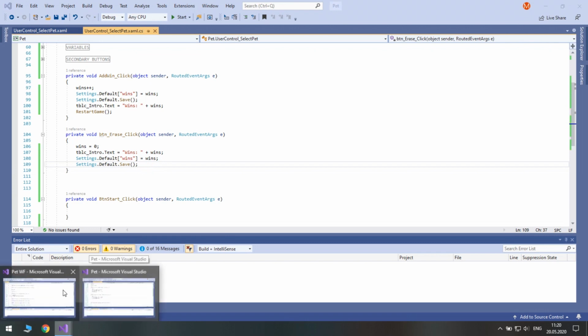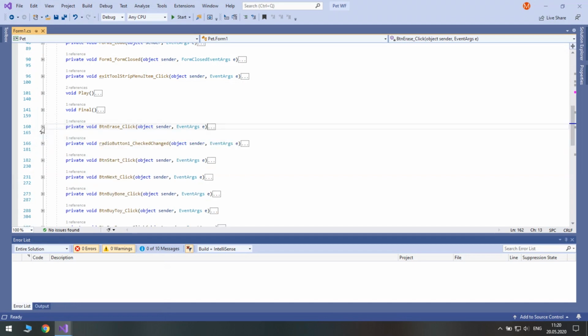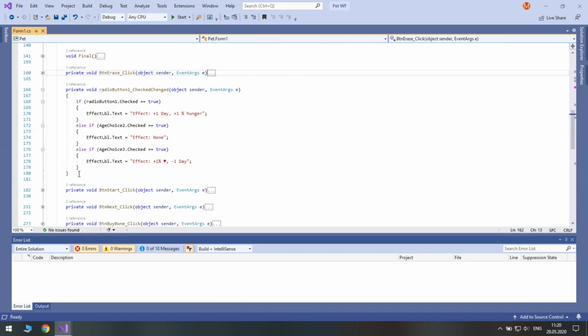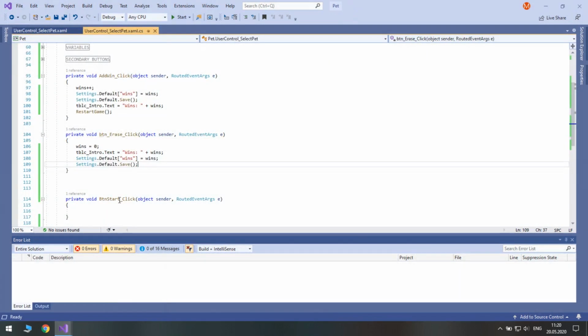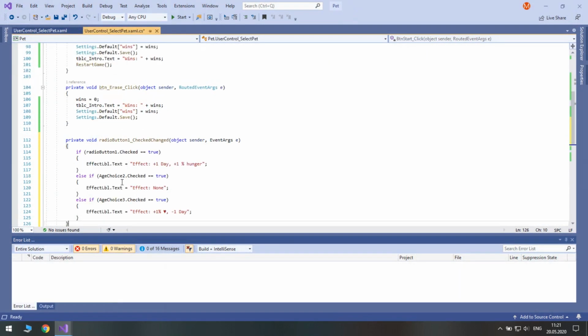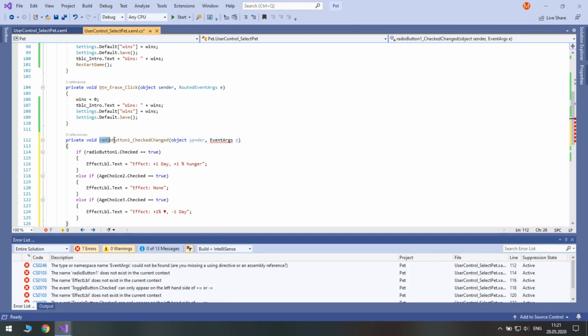Next, we will code the checked event for ageChoice. Let's give it a meaningful name. Here we need to make a couple of changes.